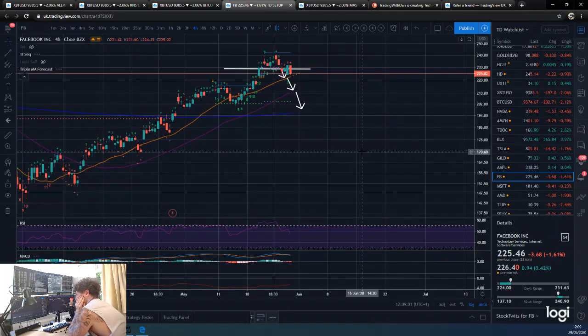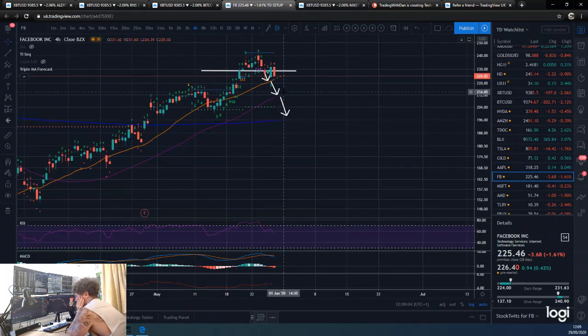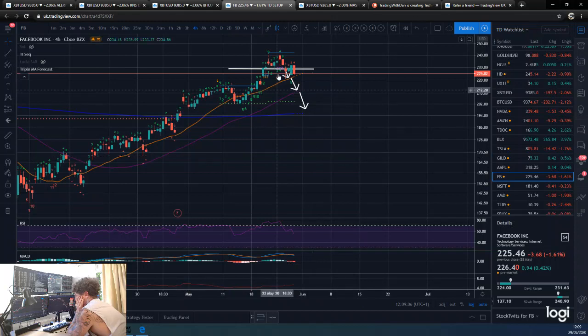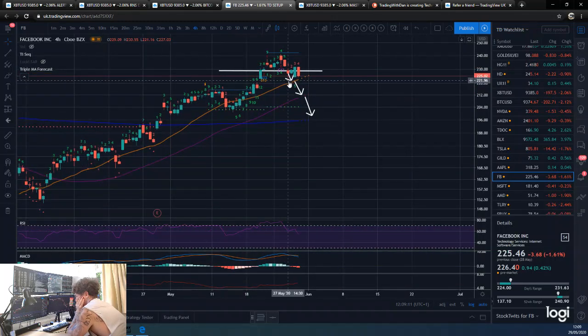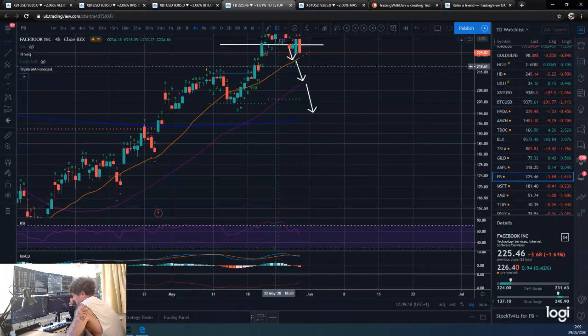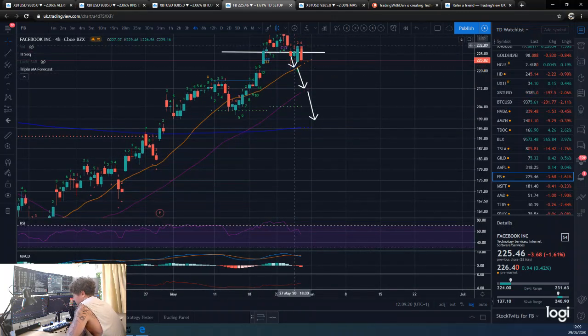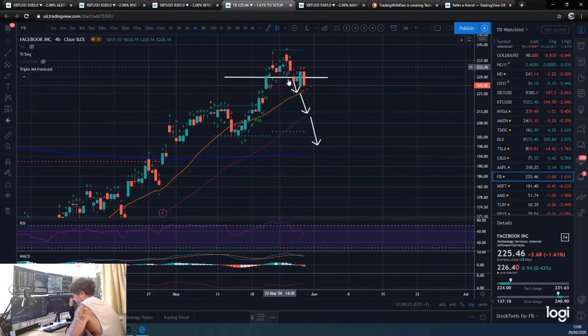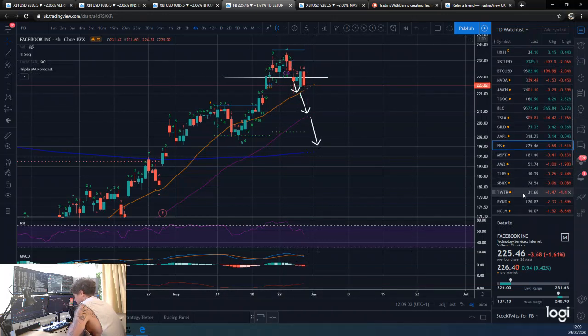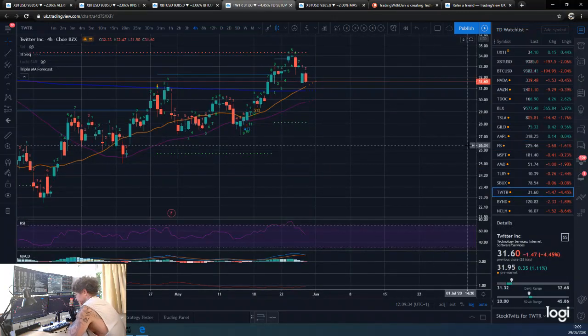Facebook, these tech stocks, Facebook in the trade. So we broke below, and then basically had our first target pretty much hit. Then it was a case of we were going to bounce off there, and if we don't, then we come down to here. So this was a great trade. Sell, take profit, take whatever off your trade, and if you were still in it, which you could be, because we didn't even get back up to above the 9 where your stop would realistically be, you're still in profit.